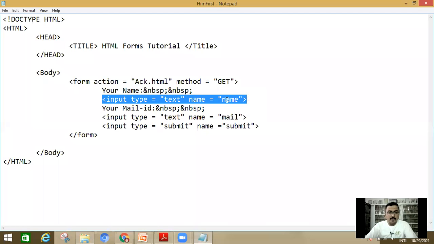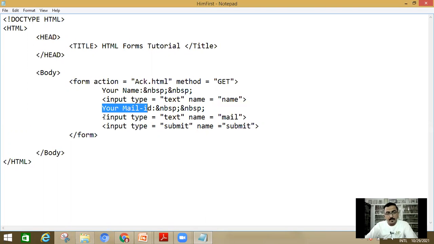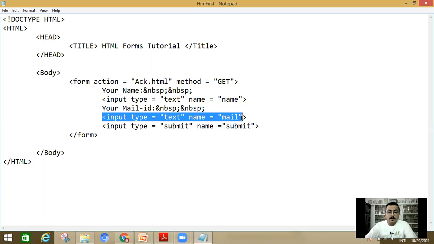Don't worry about that. Again, I am asking about your mail ID, and then again, I supplied a text box where you enter your mail ID. And at last, I have inserted a submit button through which your data are transferred to the server. But here, I am not talking about any server-side programming. So simply, I have created a